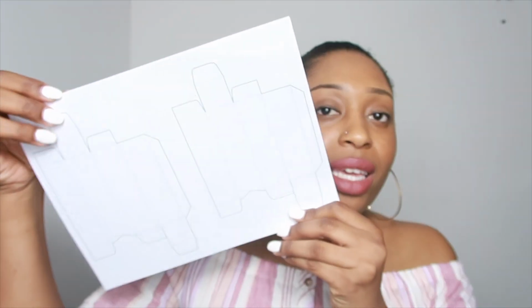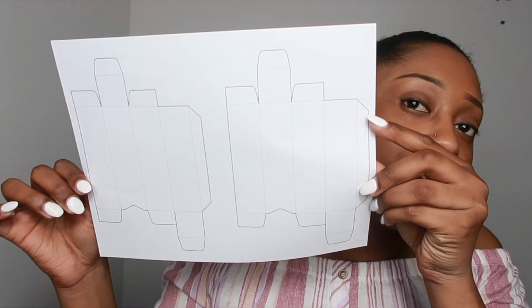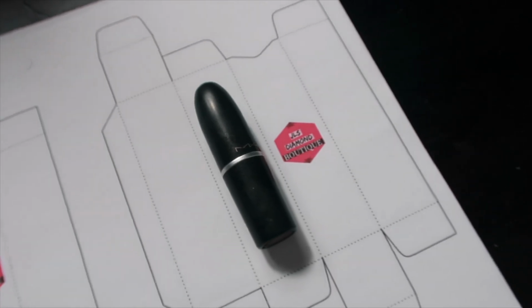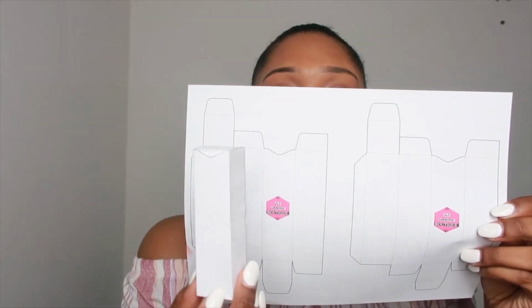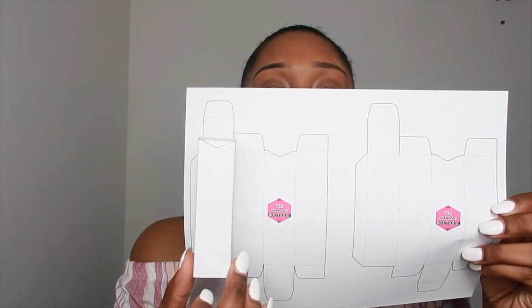So if you really want to save some extra money and you don't want too much money going out of your business, I actually have a template which looks like this, a template for your lip glosses, so you can create your lip gloss boxes. This is like a prototype that I did, but this is what the box will look like. And I can also put your logos on the boxes as well. This is what the front of the box will look like. But if you want your logo and more information about your products,